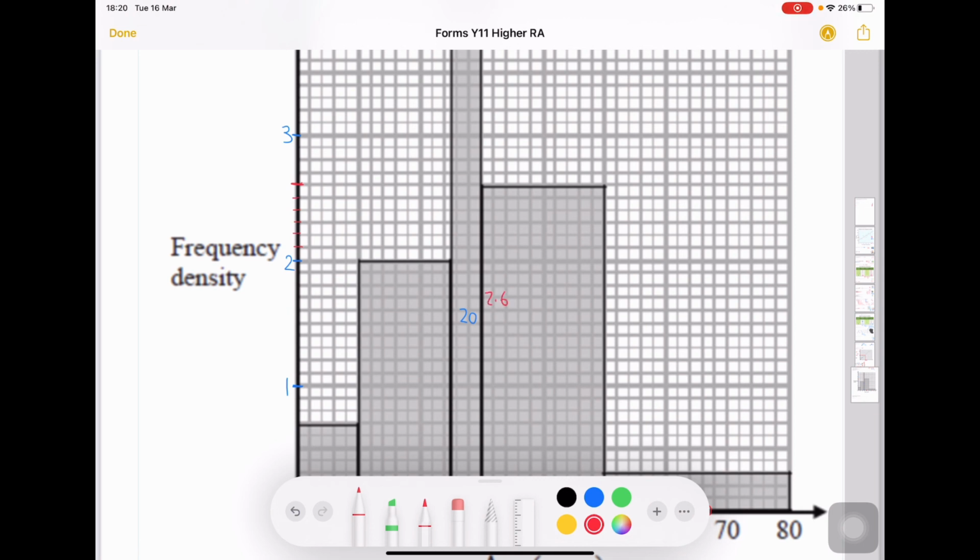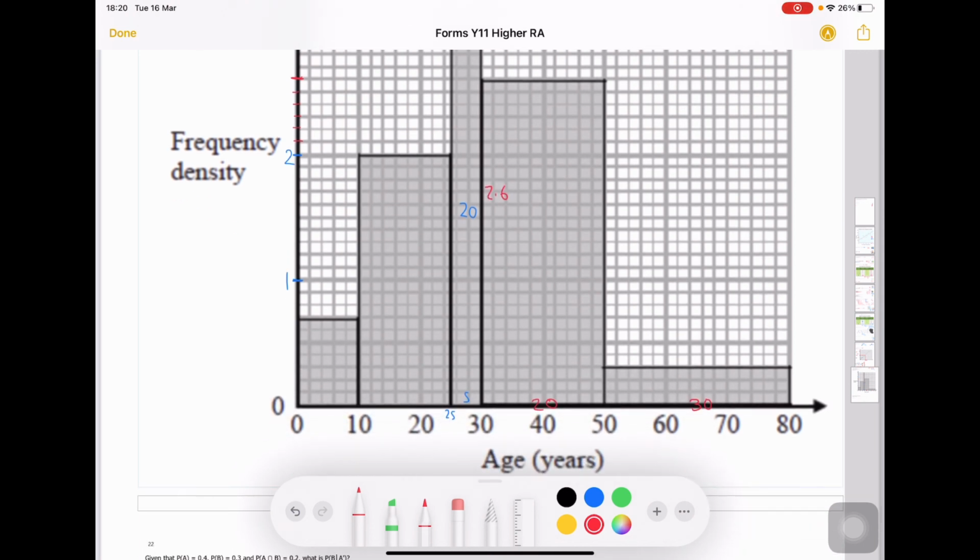So 2.6 multiplied by 20 is, let's see, 52. So alright, 52. The next one, we can see they're going up by 0.1. So 0.1, 0.2, 0.3. 0.3 multiplied by 30 is